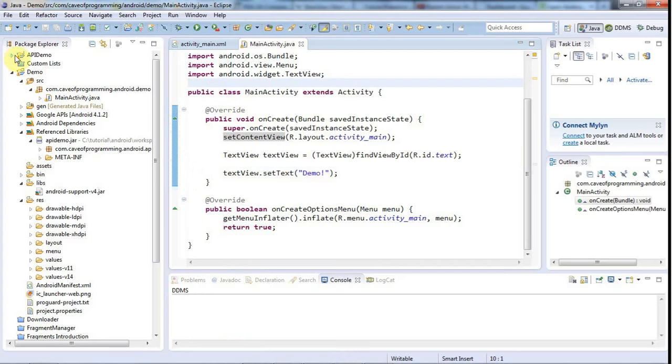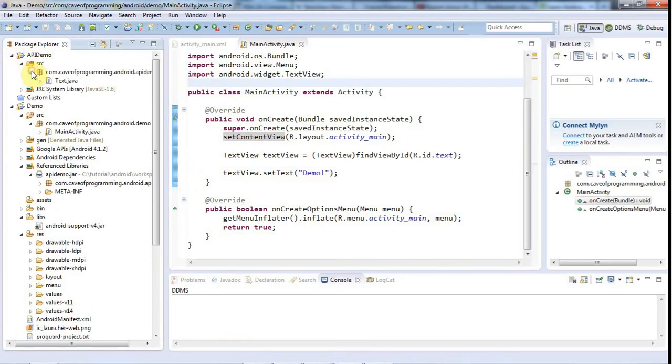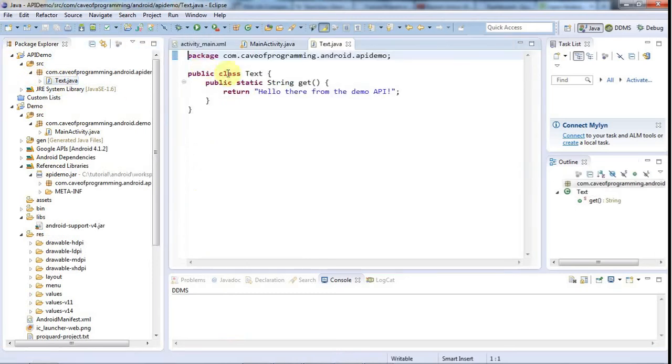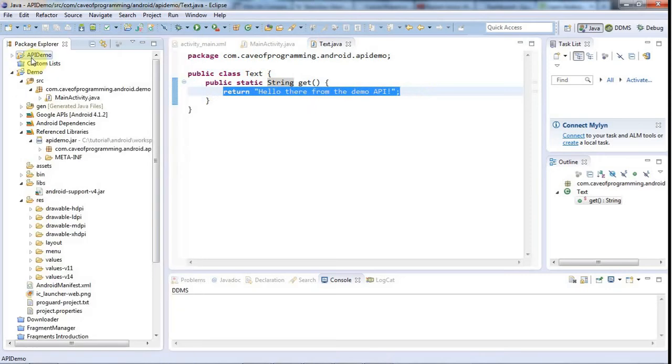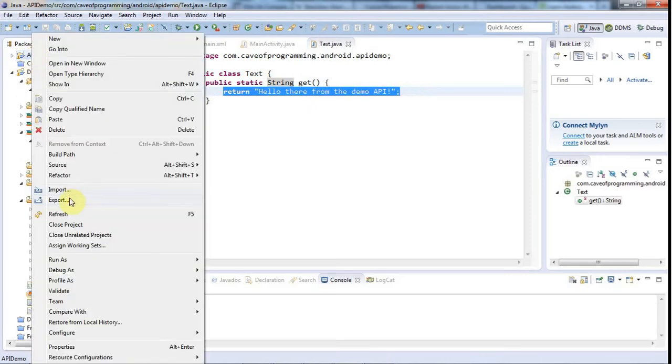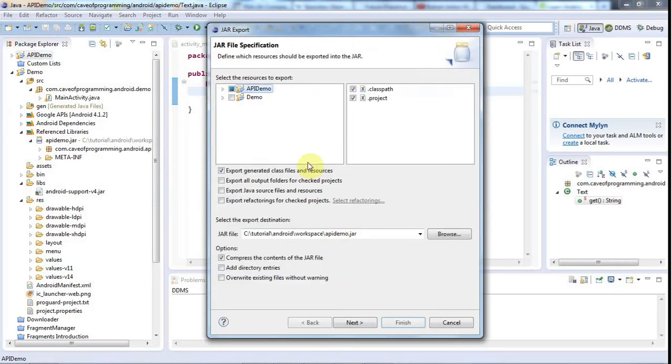So I've created a little demo API jar myself. I created this project and I just put a class in it called Text, and it's got a static method called get, which just returns this text, "Hello there, from the demo API." And I created my own little API demo by just going to export on this project and exporting it as a jar file. So hopefully if you're using a third-party API, you can get a jar file from somewhere,